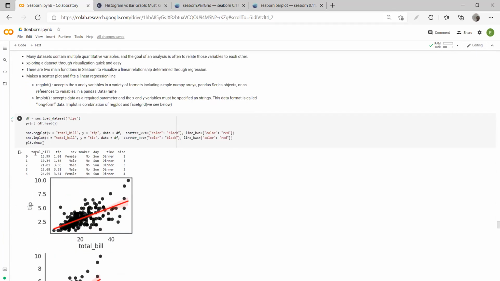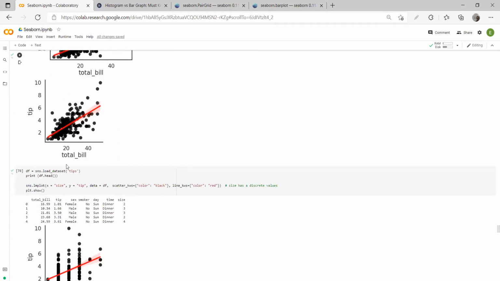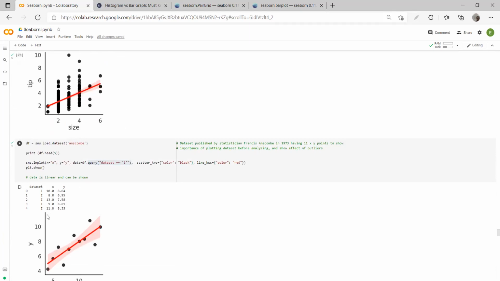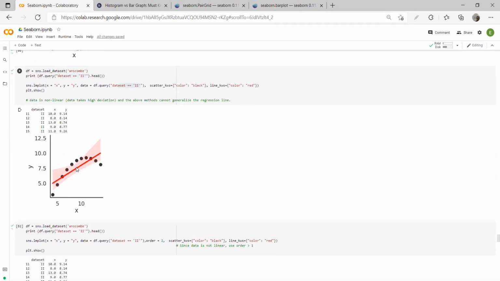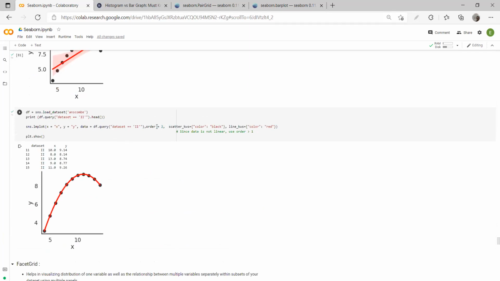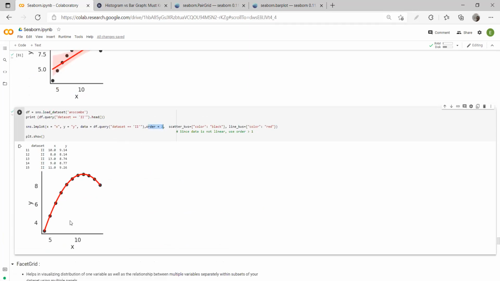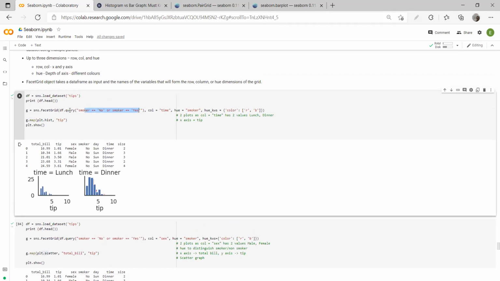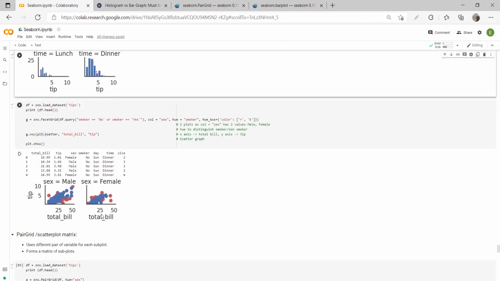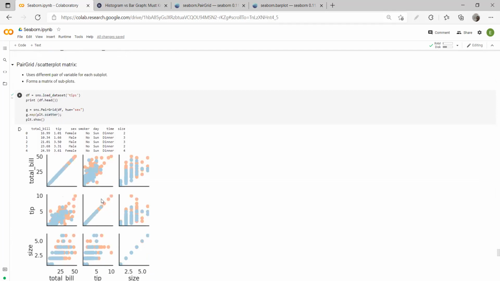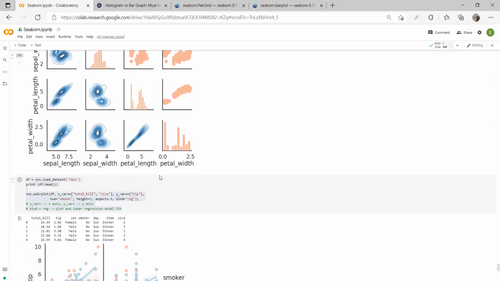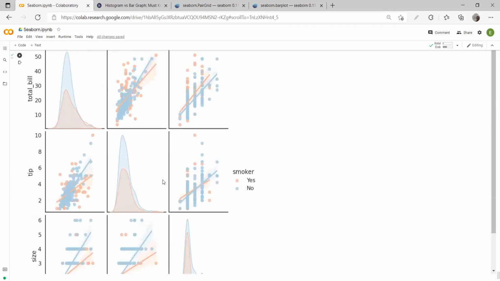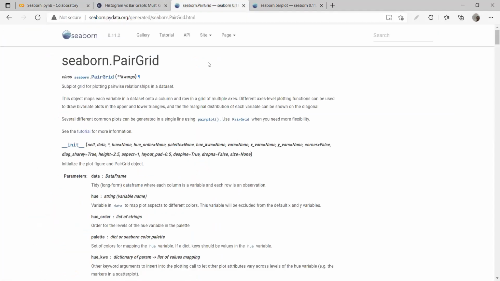lm plot and reg plot are not that much required. You don't need much. This was just to say that you can also have a degree of 2, and you can always query the data. Again, you need to know these options, right? You need to try these options and just see how you can hide different things.